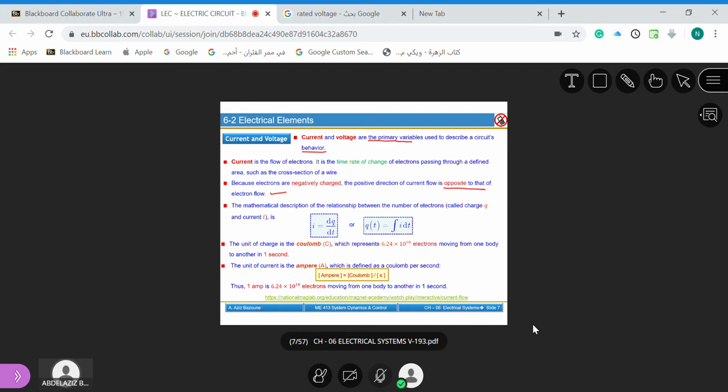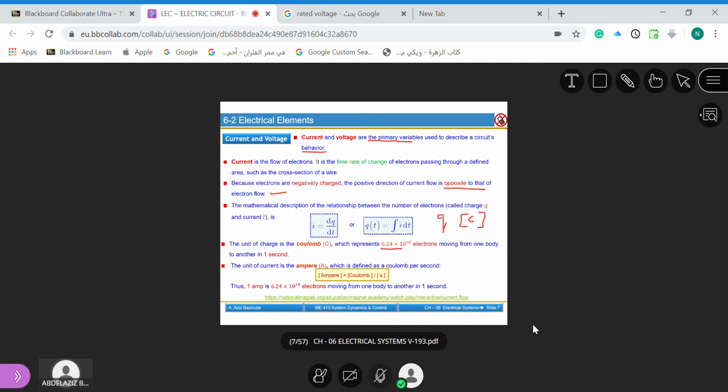The mathematical description of the relationship between the number of electrons, called charge, and the current is I equals dq over dt. I, the current, is dq over dt, the rate of change of charge q. We can integrate this equation, and we have q equals the integral of I dt. The unit of the charge q is measured in coulomb. The unit is C, which corresponds to